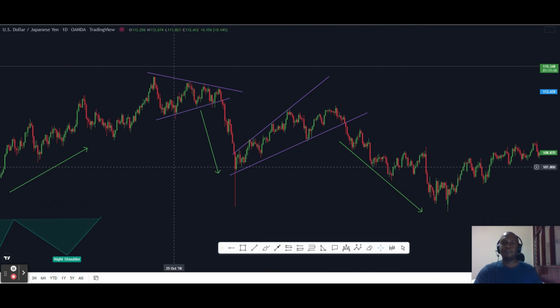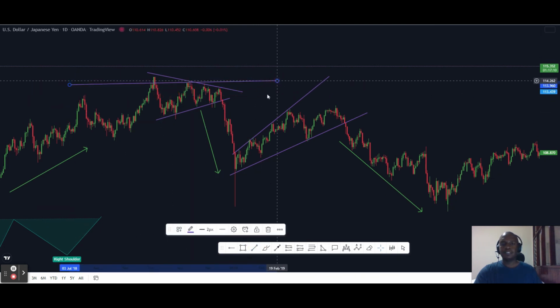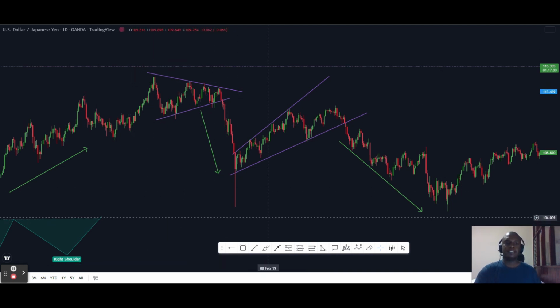And if you check, this actually works hand in hand with the support and resistance that are plotted. So you see, this is happening at a resistance, this is happening at a support. So bear in mind that they work hand in hand, and they give you some form of